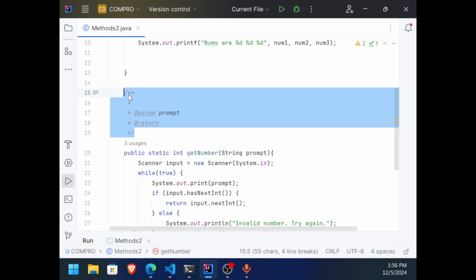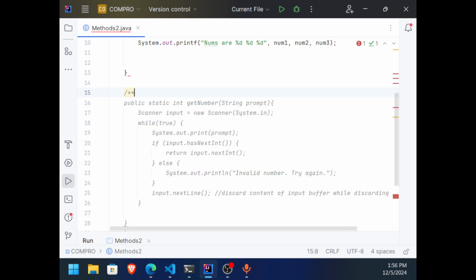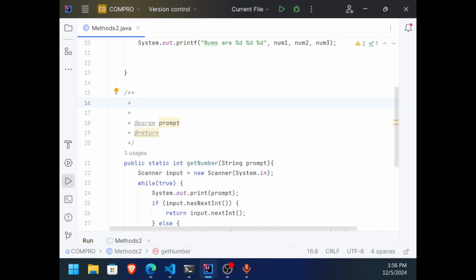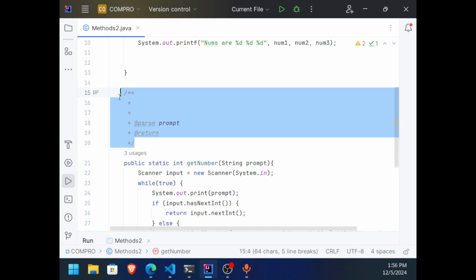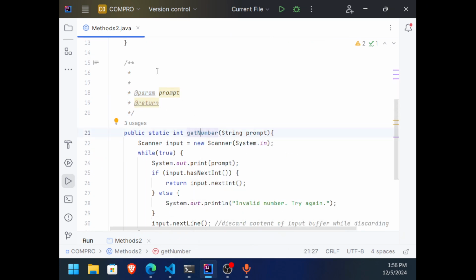But this is only for some IDEs. So the format is forward slash double asterisk. Press enter and it's going to automatically create a Javadoc for this method. This is a form of comment. It's a Java documentation that's going to provide a description for the method that we are using. For example, number getter.